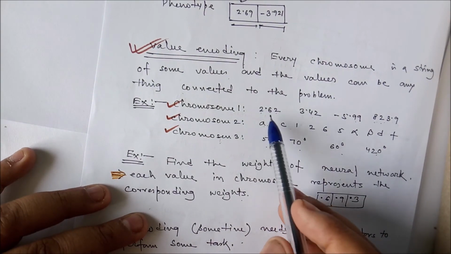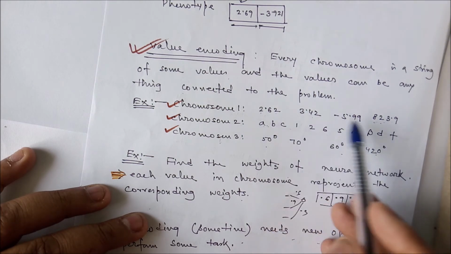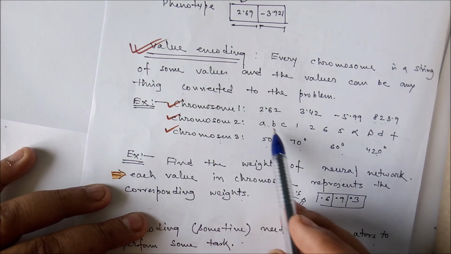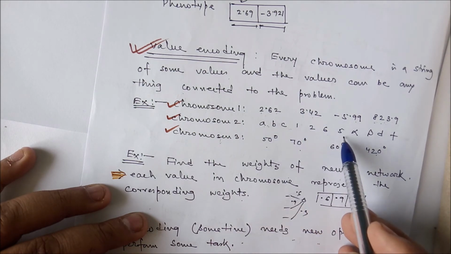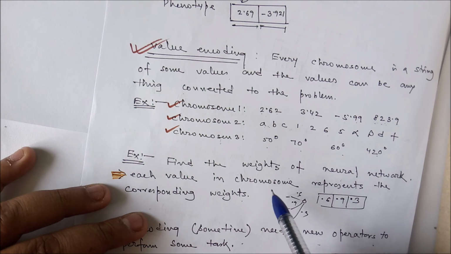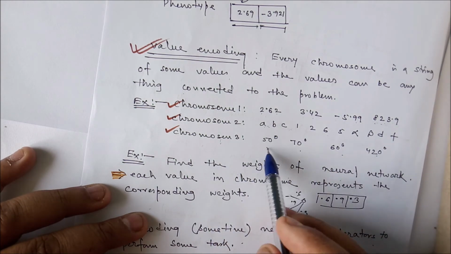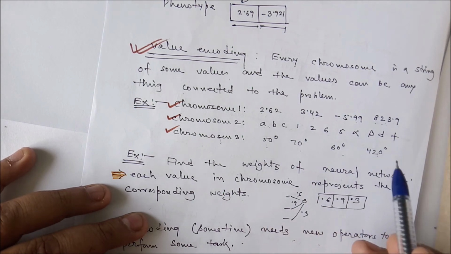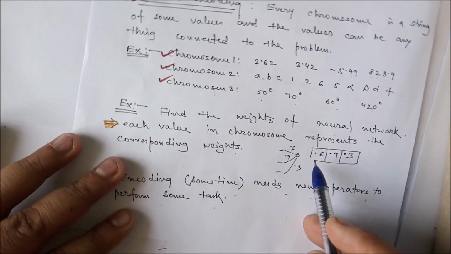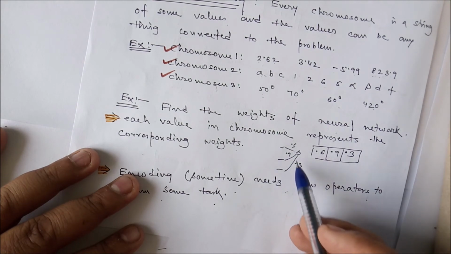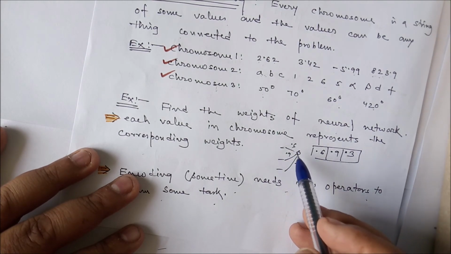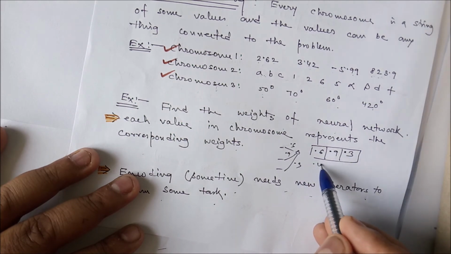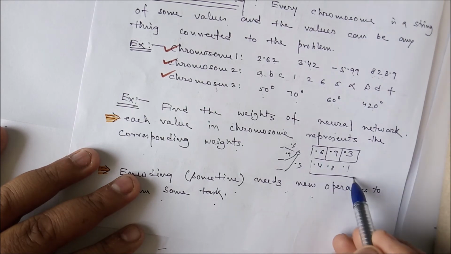इसमें क्या होता है कि रियल वैल्यू में सपोज 4 पैरामीटर्स है, तो चारों पैरामीटर के लिए एक सॉल्यूशन हो सकता है। दूसरा कोई प्रॉब्लम है जिसमें पैरामीटर्स ये ABC 1 to 6, ओके 5 अल्फा बीटा डी एफ। दूसरा सॉल्यूशंस में ये डिग्री कुछ यूज़ हो रहा है, सपोज 4 डिग्रीज आर देयर, 50 70 60 420, सो डायरेक्टली वी यूज़ द डिग्रीज। तो एक एग्जांपल है जैसे न्यूरल नेटवर्क। न्यूरल नेटवर्क में तीनों वेट्स है, तीनों वेट्स को हम लोग अगर सिलेक्ट करना है तो 0.6 0.9 0.3, तो ये हो गया क्रोमोसोम 1। दूसरा कुछ दूसरा सॉल्यूशन हो सकता है 0.4 0.8 0.1, ये हो गया दूसरा सॉल्यूशन।